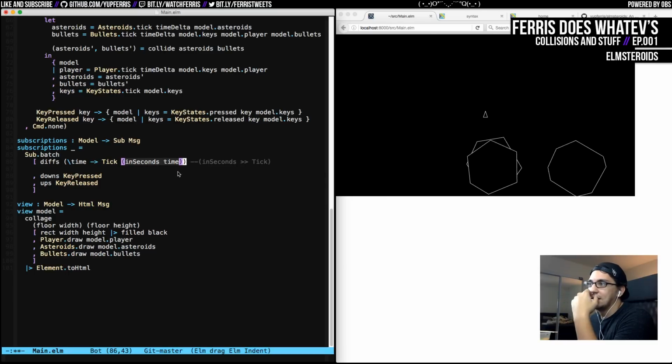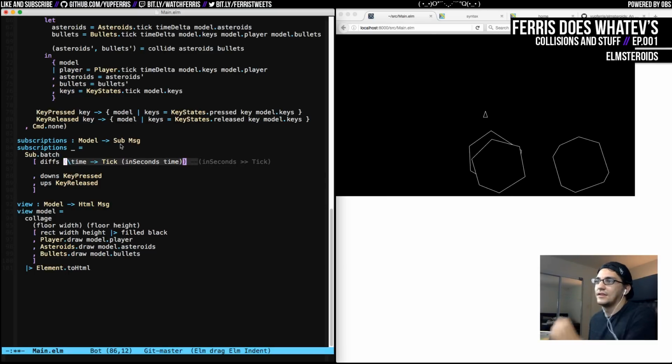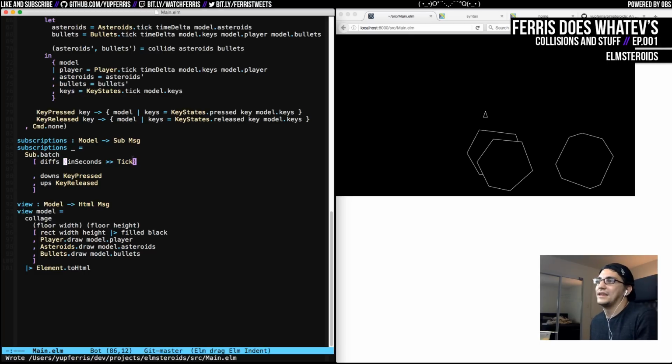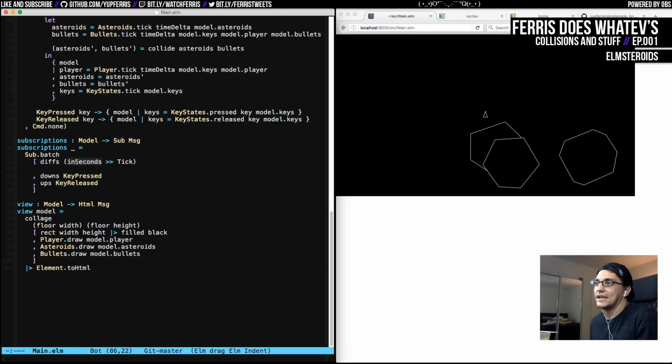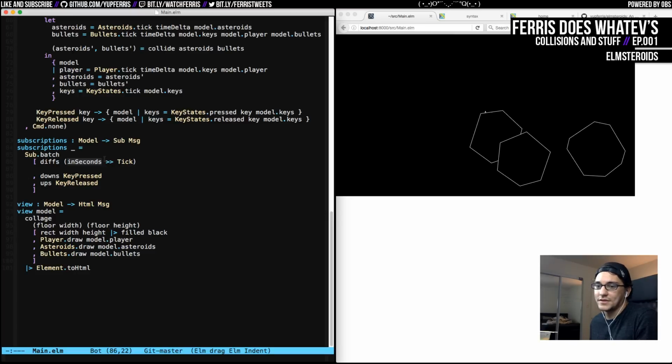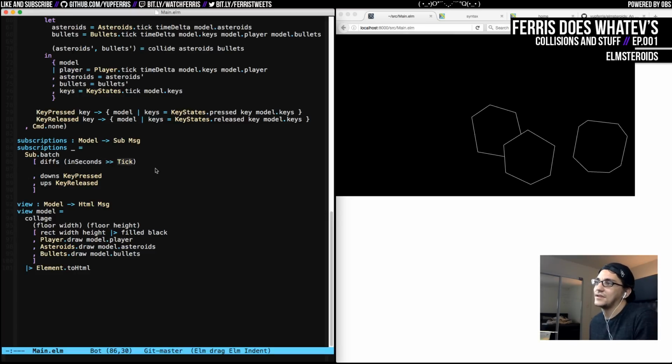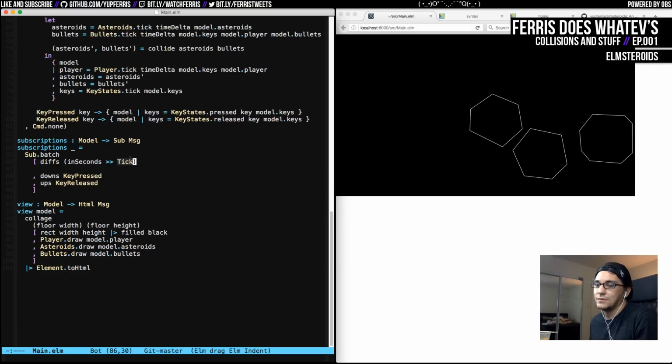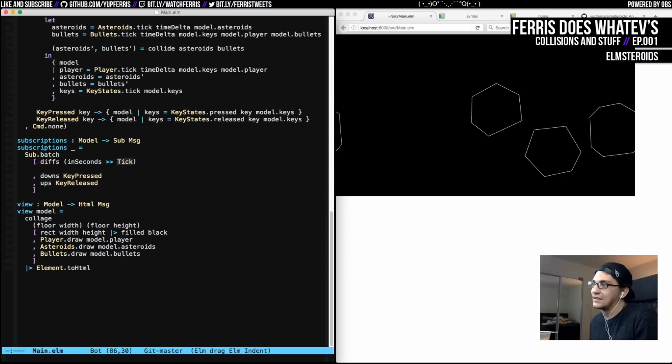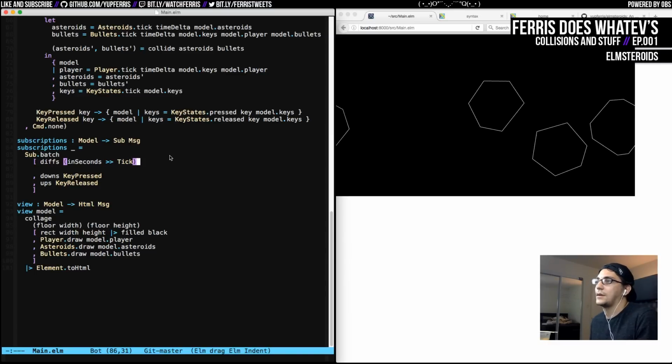So in this case, whenever it gives me time, I create a tick message where I've converted the time into seconds, right? And then this is just another shorthand for writing that, because in seconds is a function that will take a time value and produce a float that represents the seconds, and then tick is a function that will take in a float and produce the tick message with that float data attached to it. So I can bind these functions together. If you're familiar with functional composition in math,